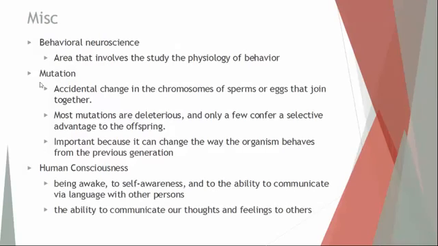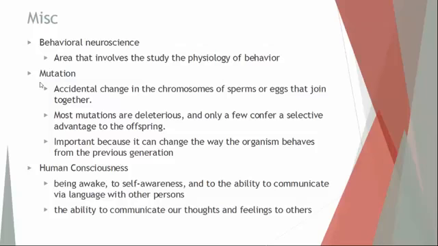Alright, next we'll talk about some miscellaneous information. The first bullet point here, behavioral neuroscience. This is an area of science that involves the physiology of behavior. When it comes to behavior, you're involving countless parts of the brain interacting with one another. So not only is their anatomy important, but how they function, their physiology. Are neurotransmitters being made at the right amount, or is it too much or too little? Are the receptors too sensitive or not sensitive enough? Are structures performing like they should? That's the physiology of behavior, because physiology will impact function. And if things aren't working correctly, then that will dramatically affect someone's behavior.